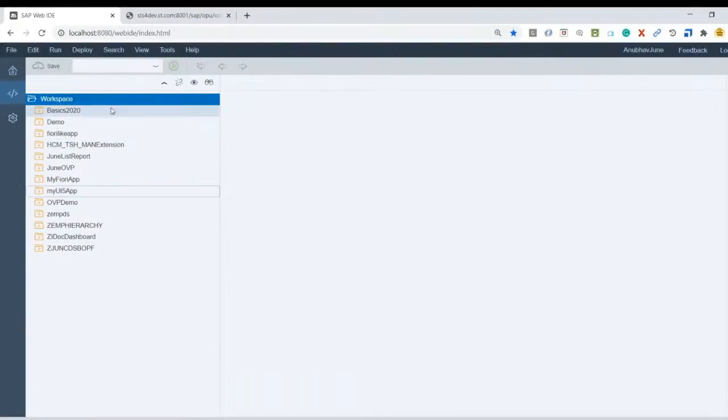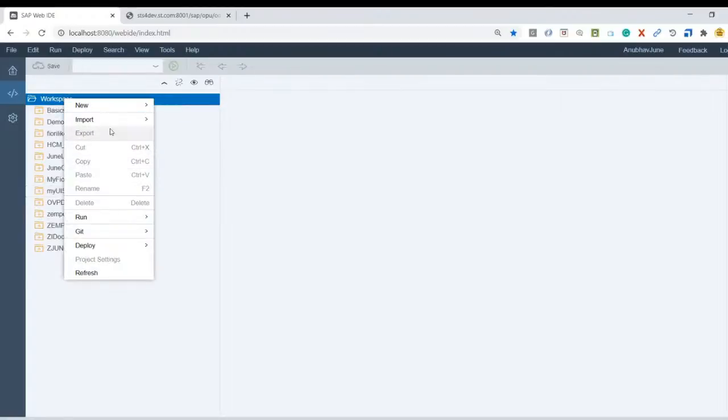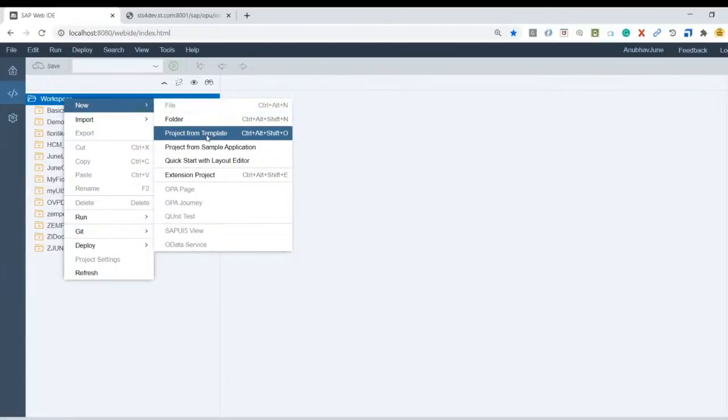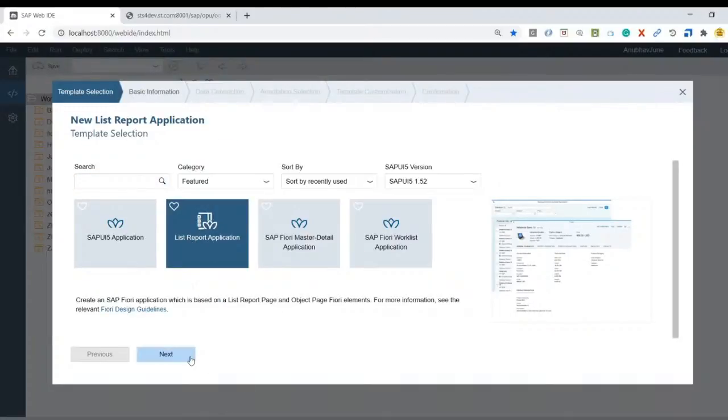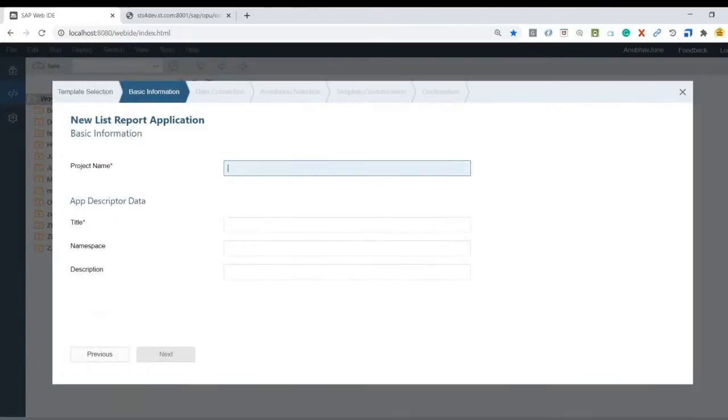And here is where I'm going to quickly create an application. So let me right click on New, Project from Template, and we can choose here the type of application to create. And I would go with the list report application. This is similar to the reports which you create in an ABAP system. It's just that we're creating a Fiori application which is going to run in a browser and on mobile devices. Click on Next. Let's give a project name. So I'm going to say Z June July 2020